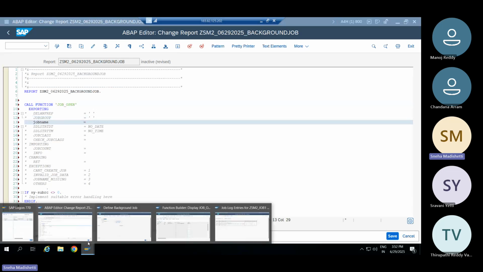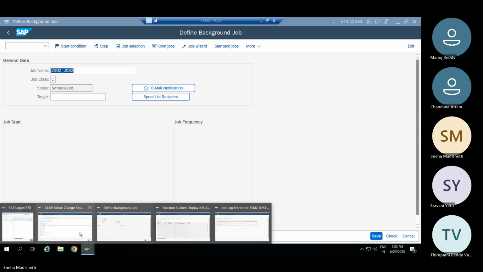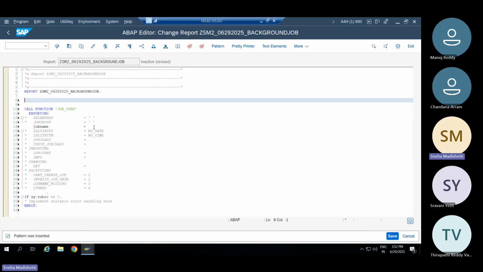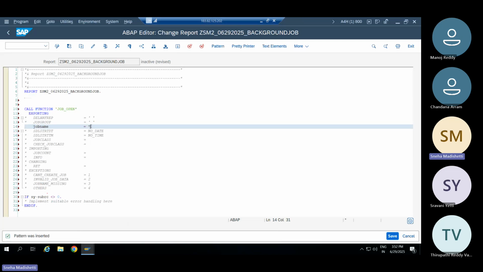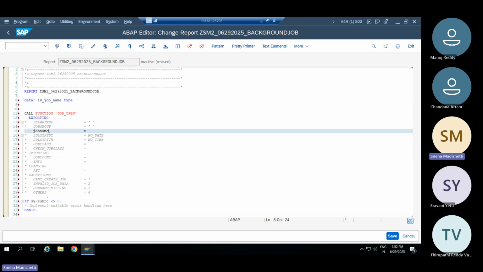Suppose if I go to SM36, how I give like this, right? So similarly, I will give the job name here. So instead of giving a hard-coded value directly in the single quotes, what I'll do, I'll create a variable and I'll pass the variable here. Suppose, data LV job name type. So whenever I want to pass a parameter value, first I have to know how this